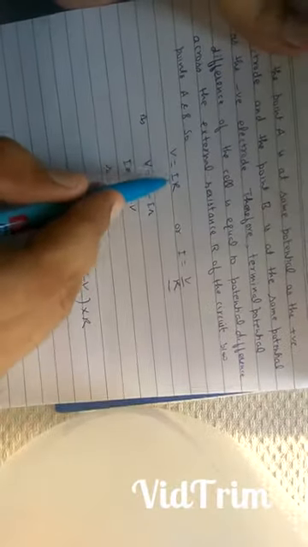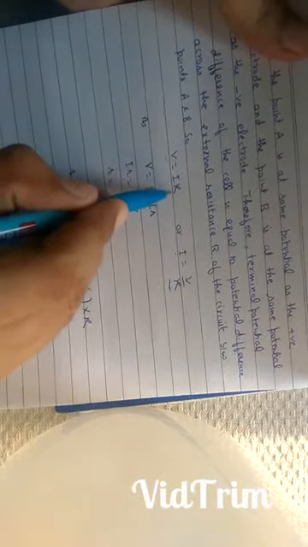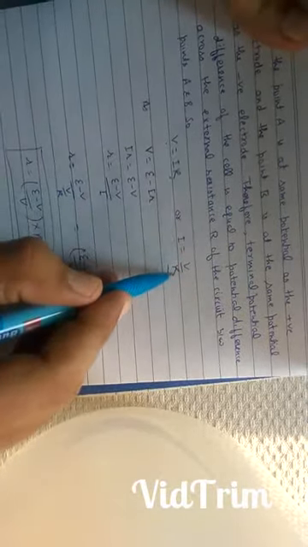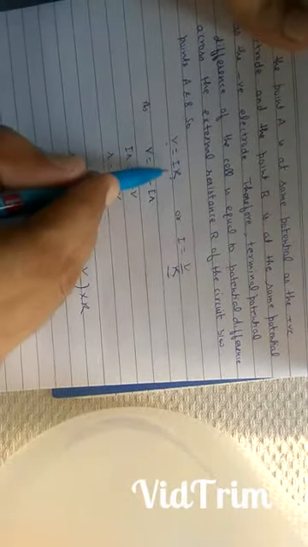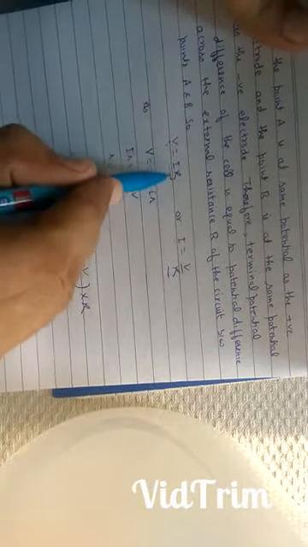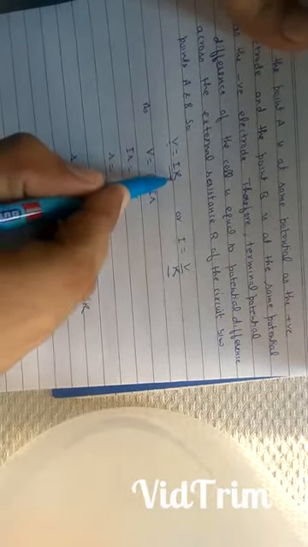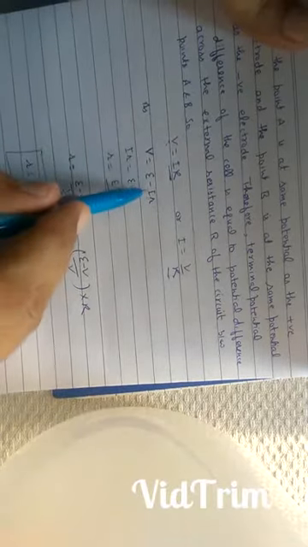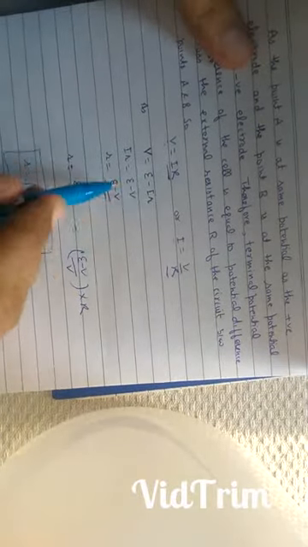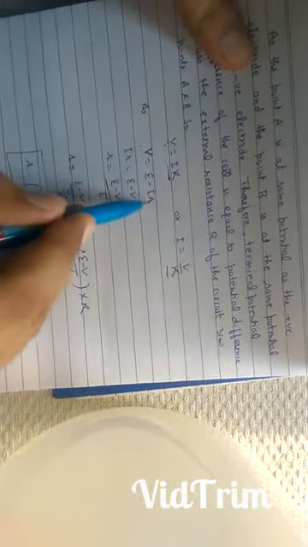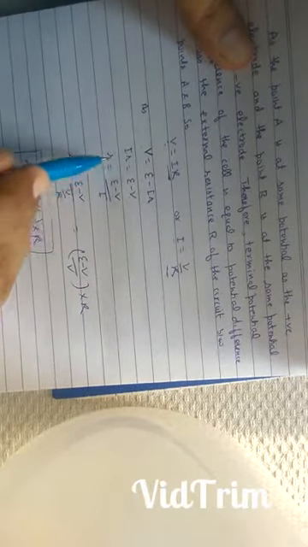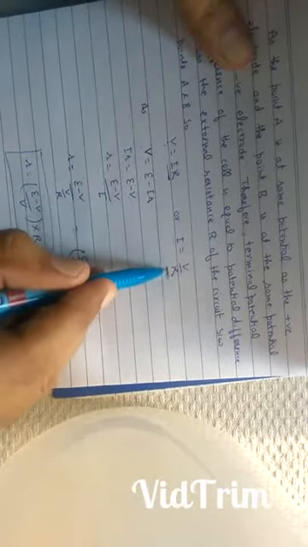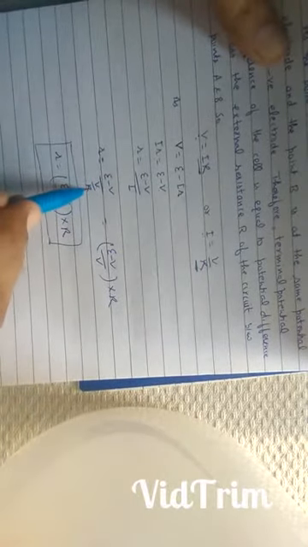Now the potential difference across external resistance R will be V is equal to IR, because I is the current through the circuit, R is the resistance. Therefore, I is equal to V upon R. Now this potential difference across external resistance is equal to the terminal potential difference. As V is equal to E minus Ir, therefore taking Ir to this side and V to this side, this becomes Ir is equal to E minus V. r becomes E minus V upon I. Putting the value of I from this equation, I is equal to V upon R.